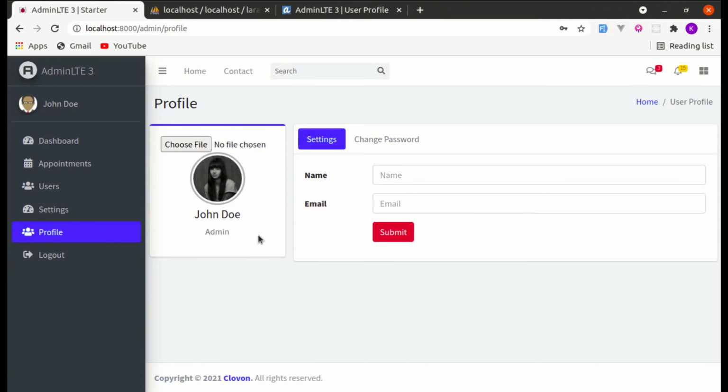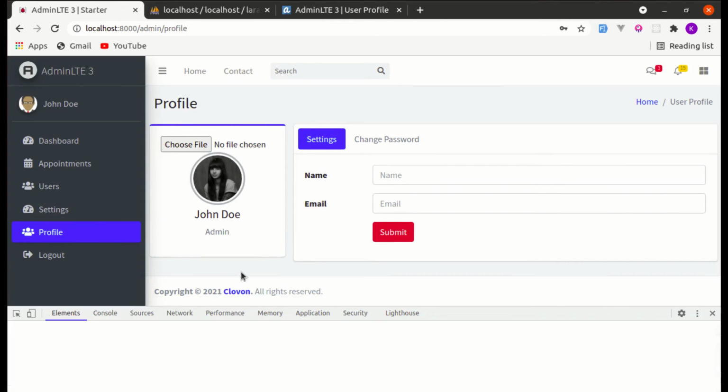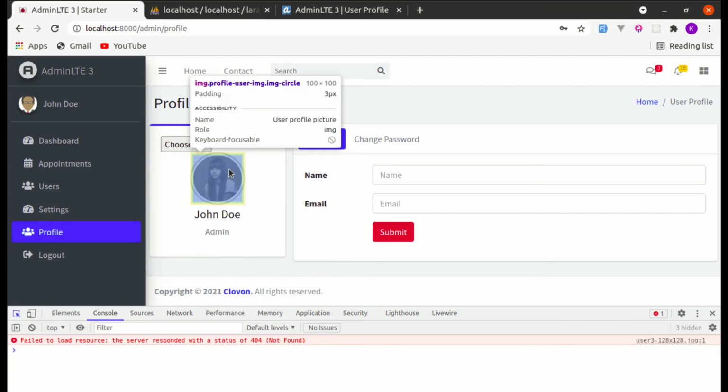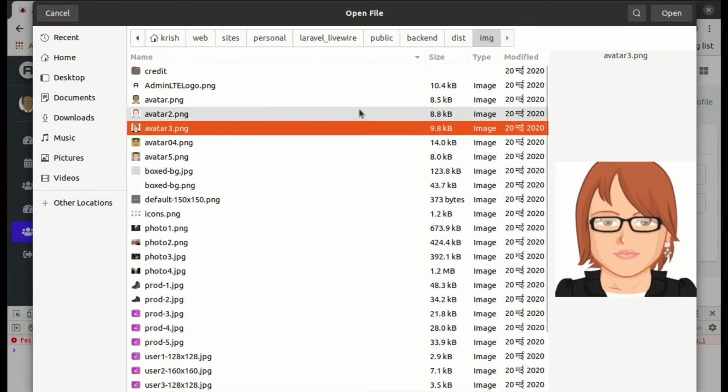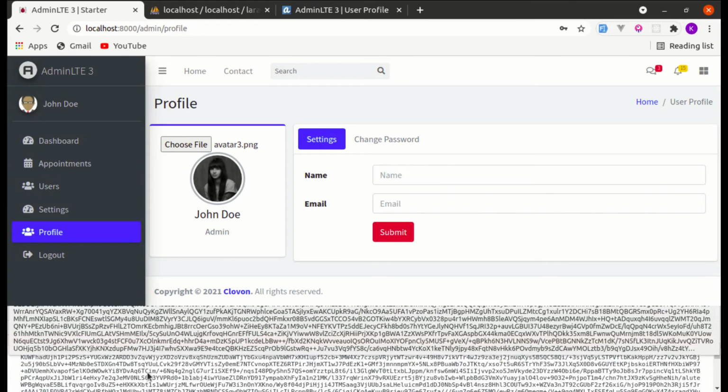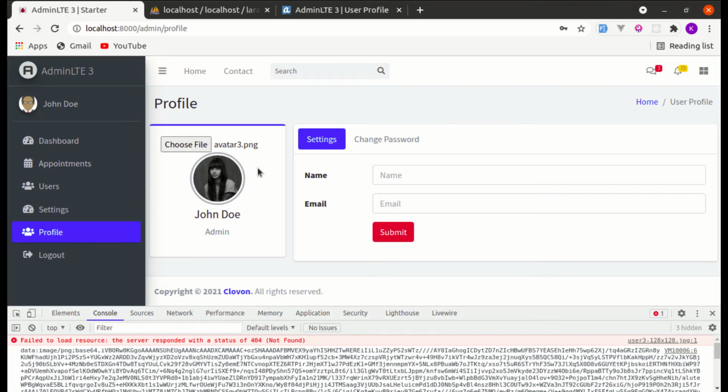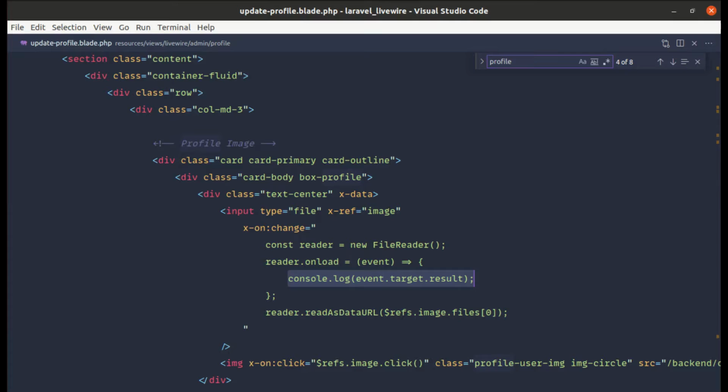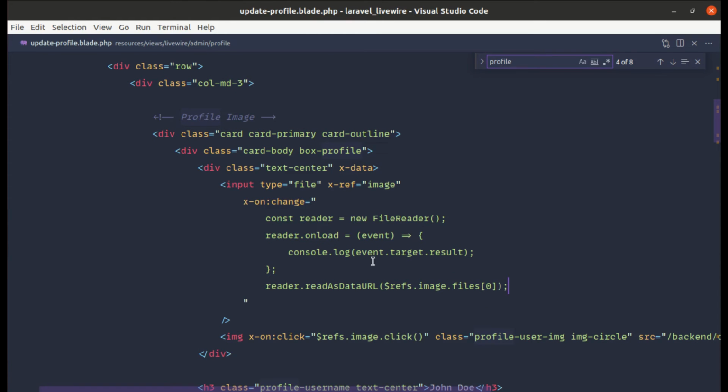So let's try this. Let's open up the console, and then let me select another image, and we get this data which is base64 encoded. So we are on the right track. Now finally, once the image is loaded, instead of doing console.log, let's